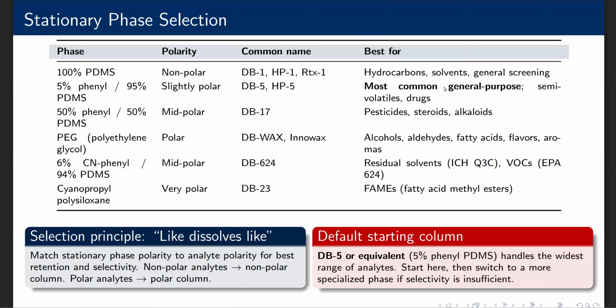Stationary phase selection. Stationary phase selection in GC follows the like dissolves like principle, just as in HPLC. Non-polar analytes like hydrocarbons are best separated in non-polar phases like 100% PDMS. Polar analytes like alcohol